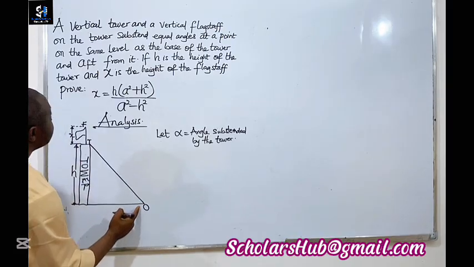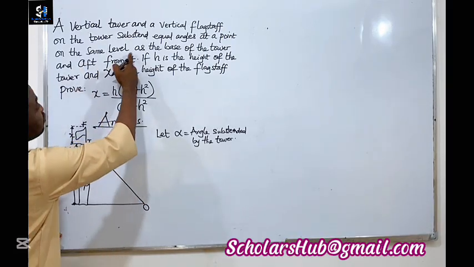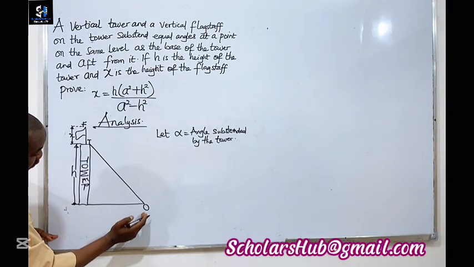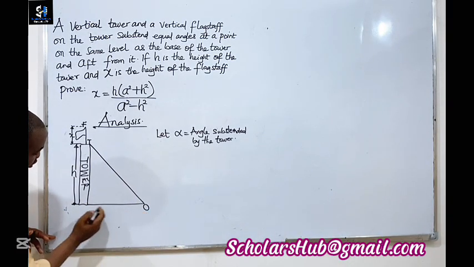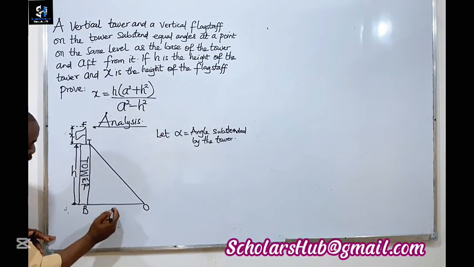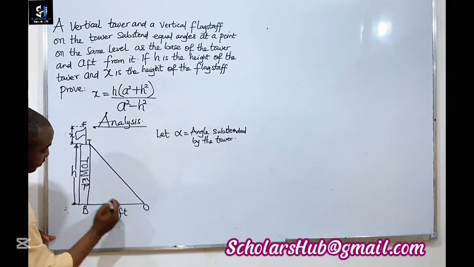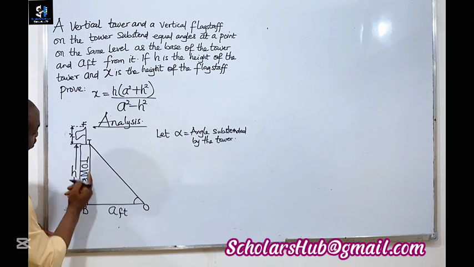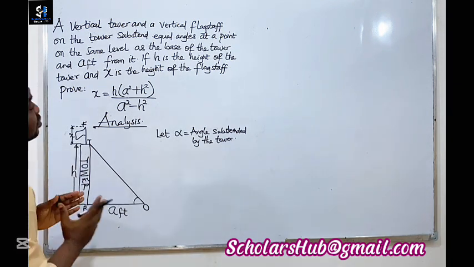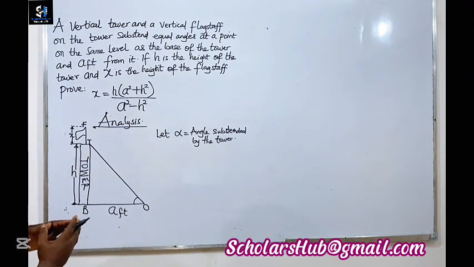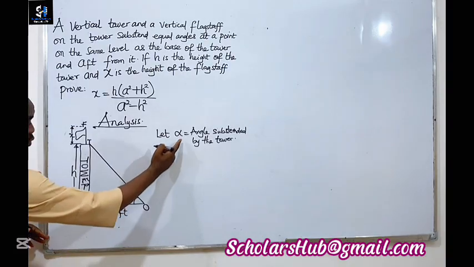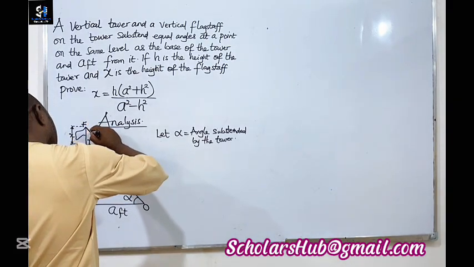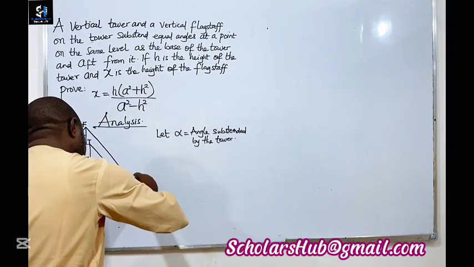So from the point of observation, we also have that on the same level as the base of the tower and a feet from it. So that means from the point of observation to the base of the tower, the distance is a feet. And we know that the angle subtended by the vertical tower is what we have as alpha. So now from F also, which is the flagstaff,